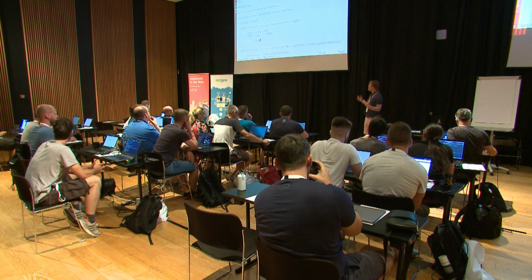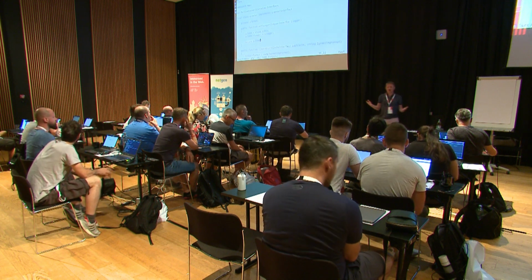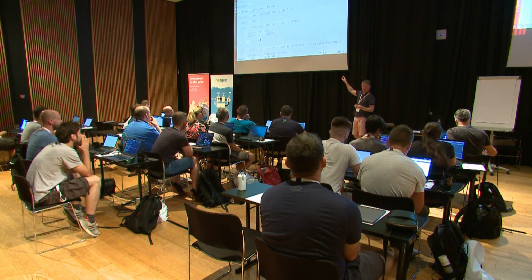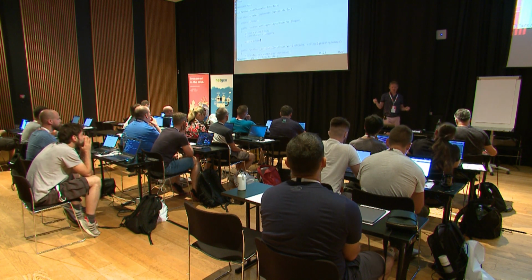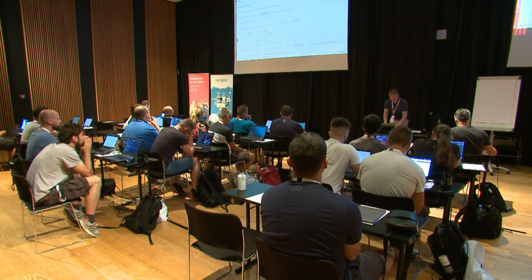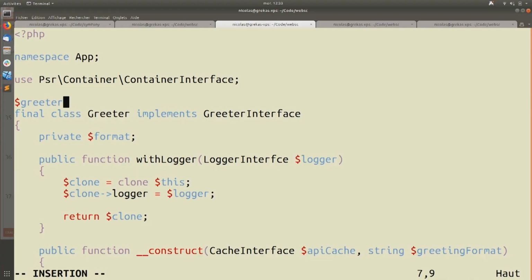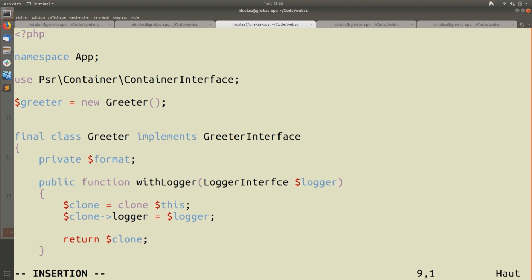So we should tell the container to reuse the return value of the wither when calling it. So let me do something here. Greeter. Okay, this is creating the object. This is the kind of code that is dumped inside the container, right? So then the previous was like,